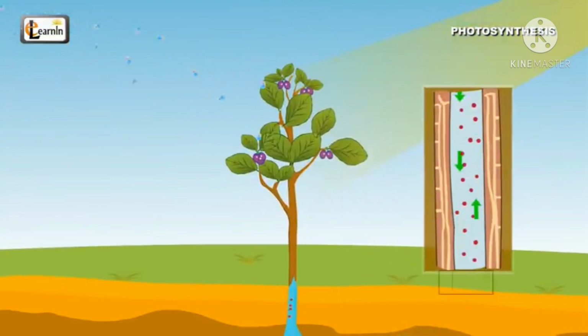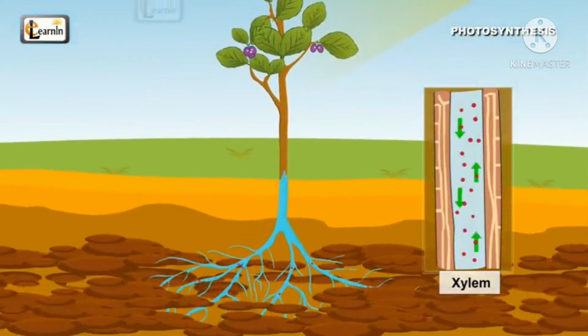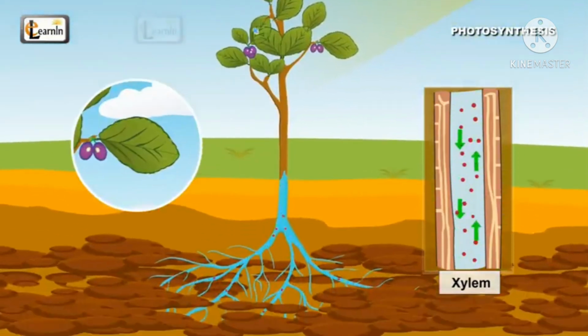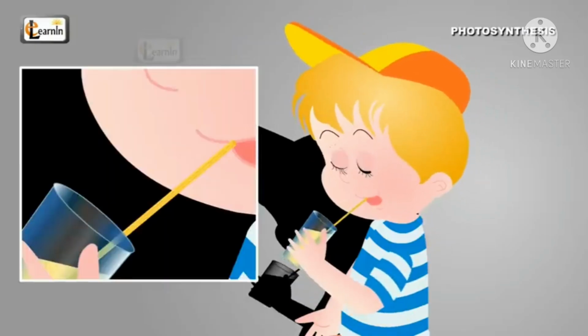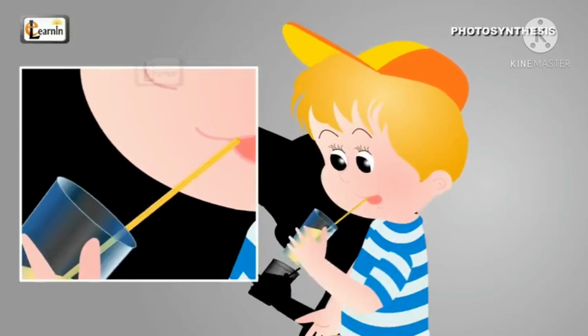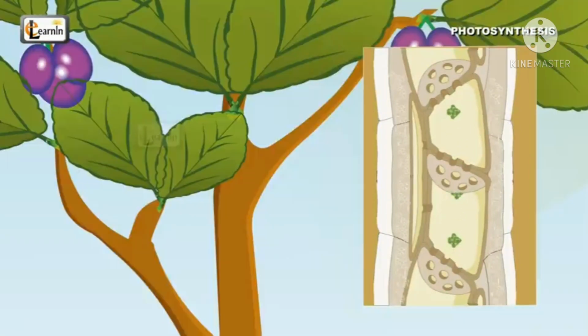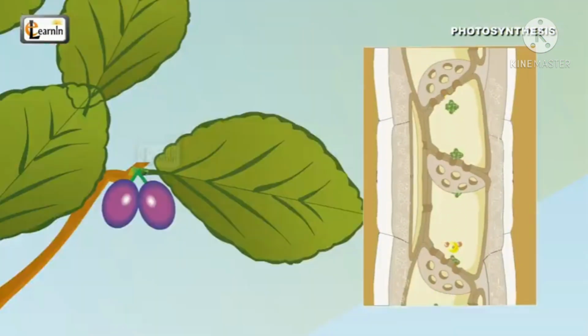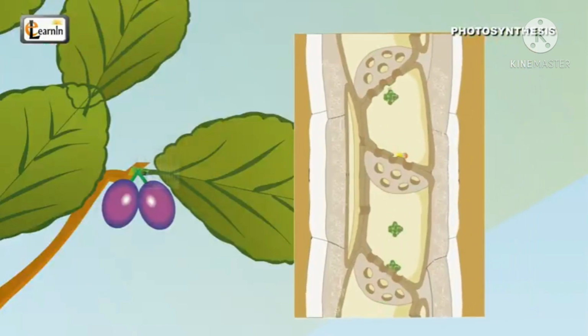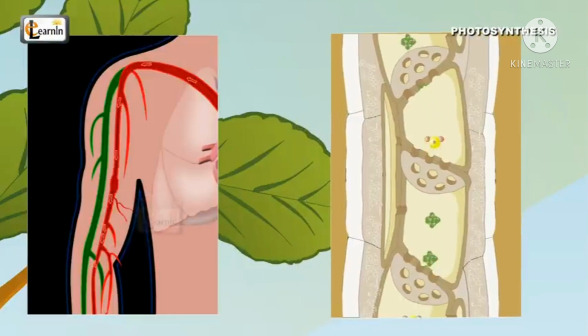Plants have tubes called xylem located in the stems through which the water from the ground is sucked into the leaves. This system works similar to humans sucking liquids through a straw. The xylem is spread throughout the different parts of the plant, including the stem, branches, and all the way up to the leaves. The xylem transports vital nutrients to the entire plant. Xylems in the plant are like blood vessels in the human body that act as an important means of transportation